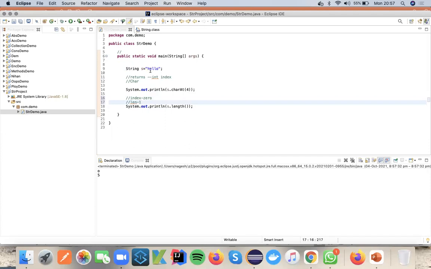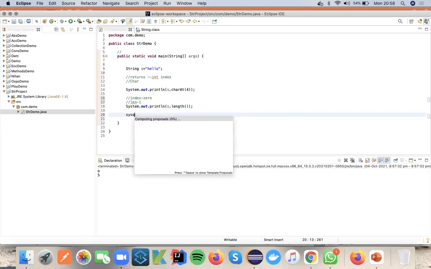Here you can see 1, 2, 3, 4, 5, so the length of the string is 5. It will return how many characters are present in the string, that is the count. Right.